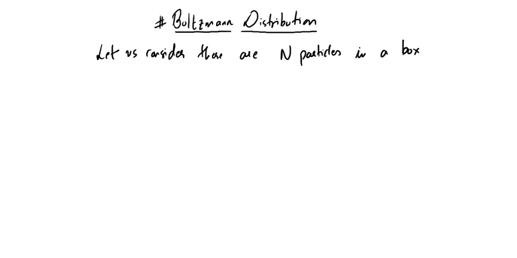So if we consider now, let me just draw a box here, and there are some particles here in the box. And what I will do is I will give each of these particles an energy, and I'm compartmentalizing these particles. The way I'm doing it is something like this. I'm considering that there are n1 particles